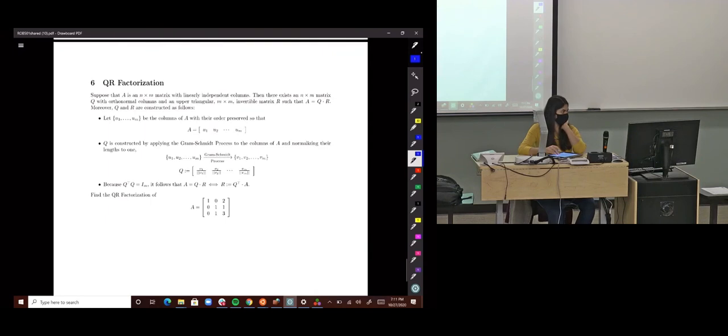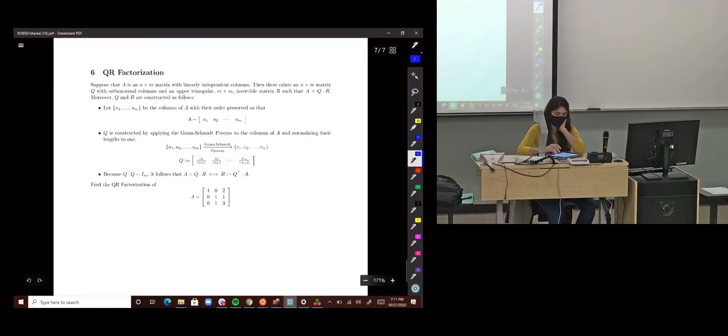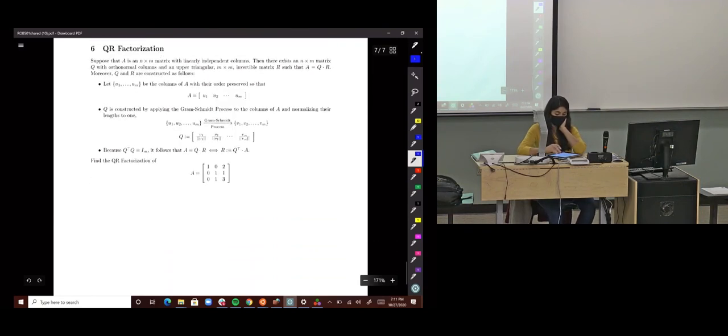Which is what Gram-Schmidt promised. So we have a set of orthogonal basis vectors. Next thing is, where do we use Gram-Schmidt? Well, we use it in QR factorization, which we use to solve the system of linear equations